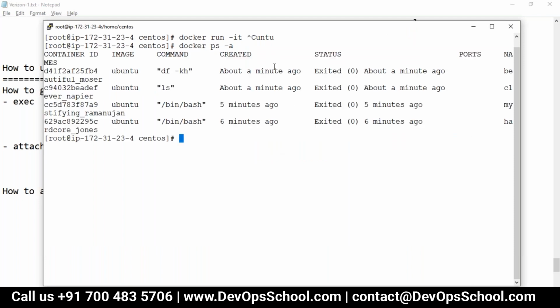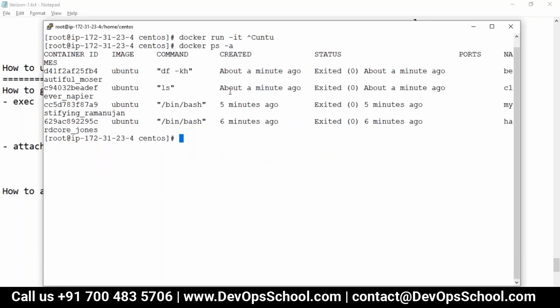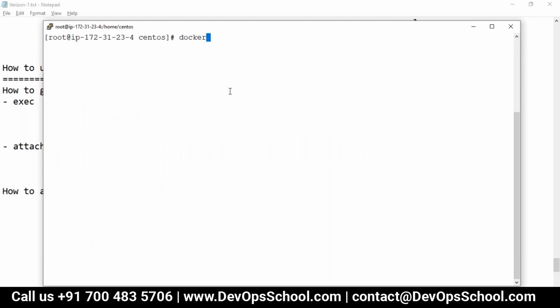Here you see all the containers, bin bash. By default, if you don't provide any parameter, it will be bin bash. So if you run the bin bash with the IT combination, you can go inside the container. Look at my screen very carefully. Docker run Ubuntu, and this time I will add the IT option. Bin bash is hidden in the container, though you can also specify it, but it's not needed, because by default the behavior of Ubuntu is bin bash. So: docker run -it ubuntu bin bash.